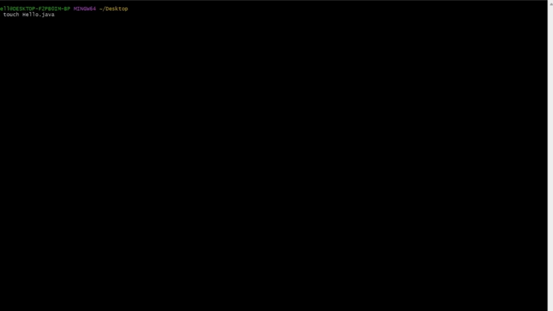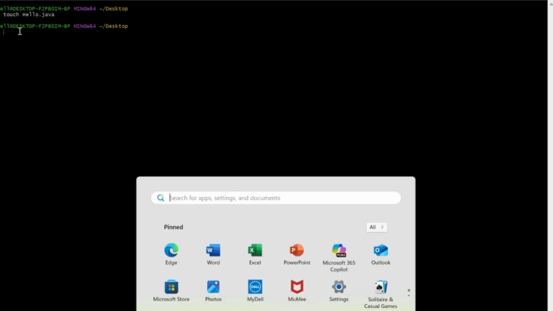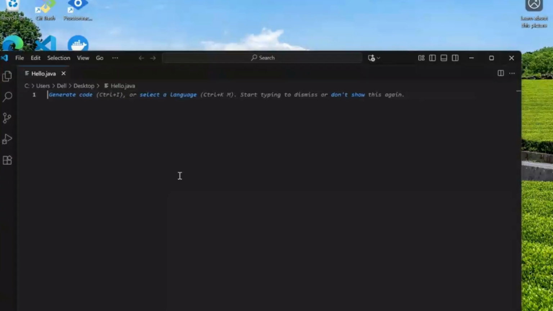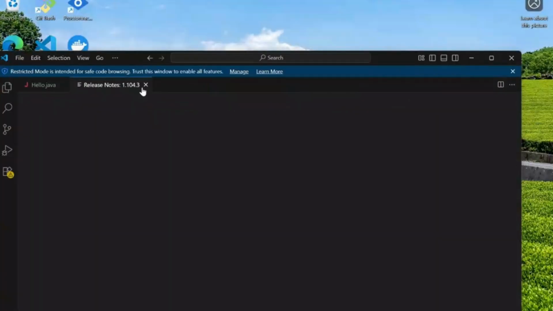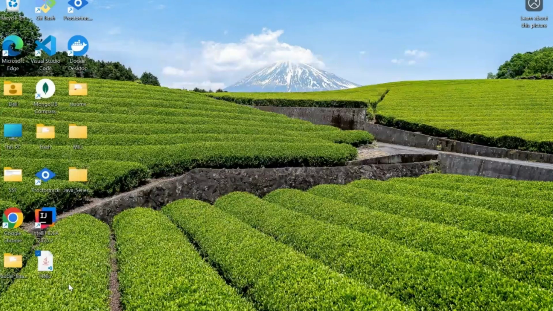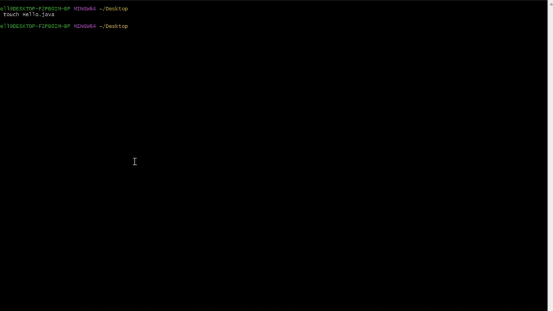I'm going to be creating a file called hello.java, and I created hello.java. And if I open this hello.java and just paste it, so now I created a hello.java and pasted it. What I want to show you is how I can execute that Java that I wrote without using the IDE. All right, so then what I need to do is I first need to compile it